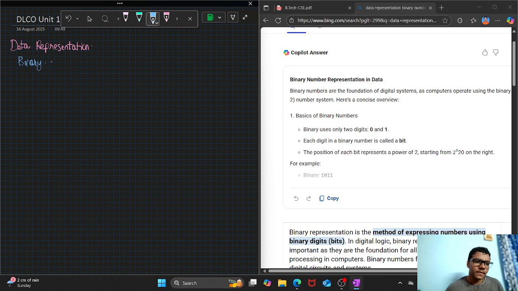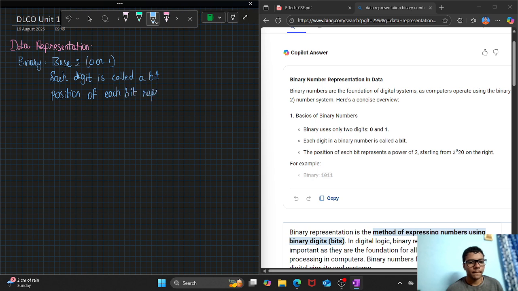Binary is base 2, 0 or 1. Each digit is called a bit. The position of each bit represents a power of 2, starting from